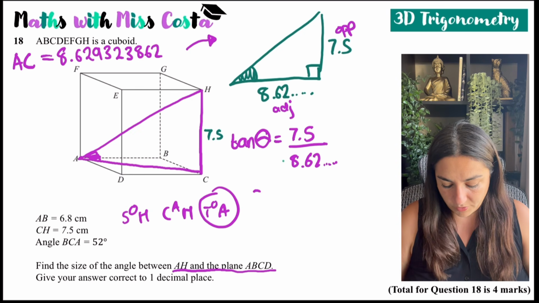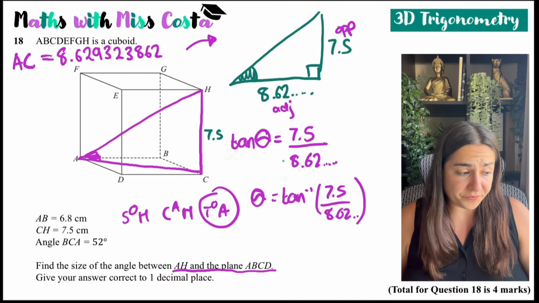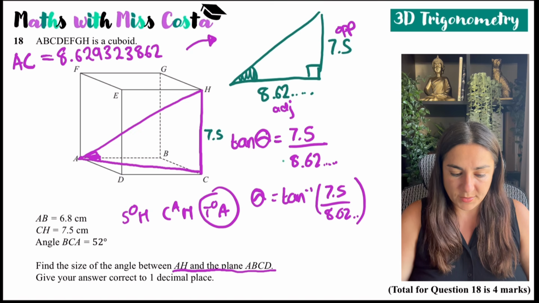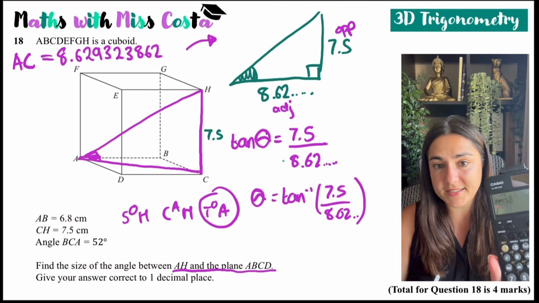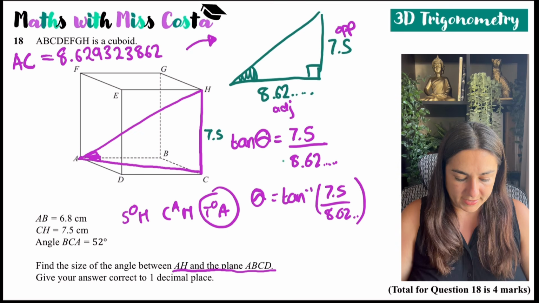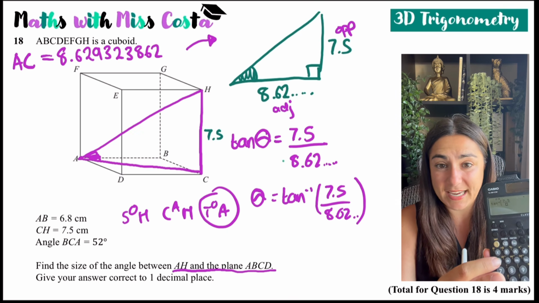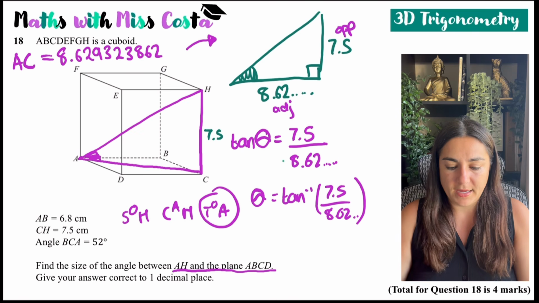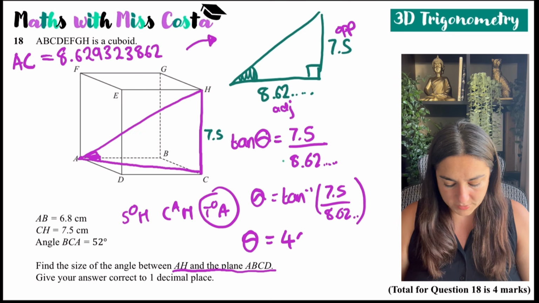Now I want to work out what theta is, so I'm going to have to do the inverse of tan of 7.5 over 8.62. I have my answer saved in my calculator. Instead of writing out all of the decimals, I can press shift tan, then in brackets use the fraction button, write 7.5, and then over here you have an answer button, which saves whatever was the last thing in your calculator. So instead of typing it out, you can do that and then press equals. That would give you an angle of